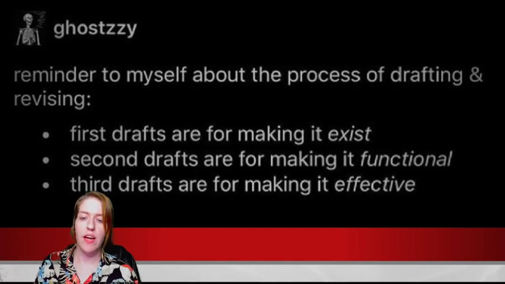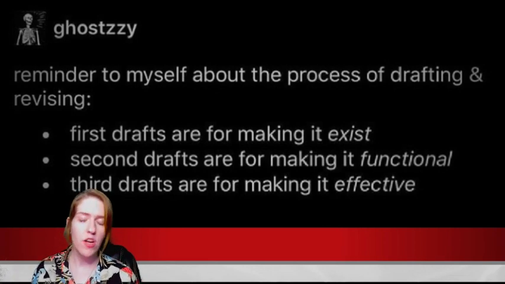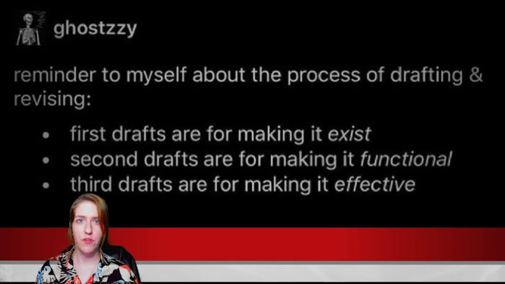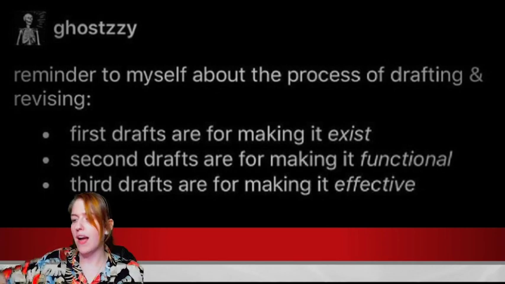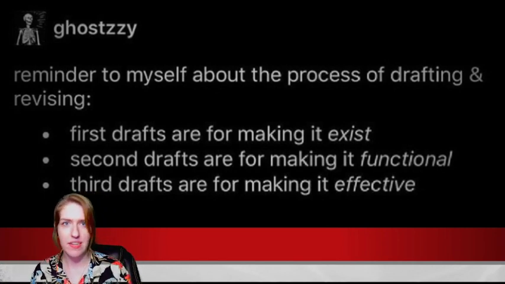Finally, once you're done with making your drafts functional, and maybe this takes 1 go around, maybe this takes 2 go rounds. This isn't saying that your book only needs 3 go rounds. The second draft is as long as it takes to make it functional. Once you get to the third draft, it's all about making it effective. So if your book is supposed to be spooky, if you want to raise the ambience, if you want to raise the character dynamics, if you want to raise the relationships, if you want to raise the tension, this all comes into the third draft, where you just start turning up the volume and using basically the story equalizer to pull up the things that you want to use.